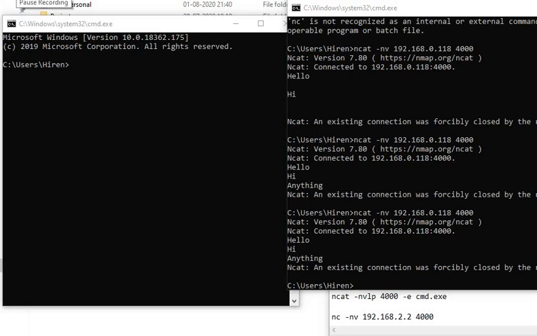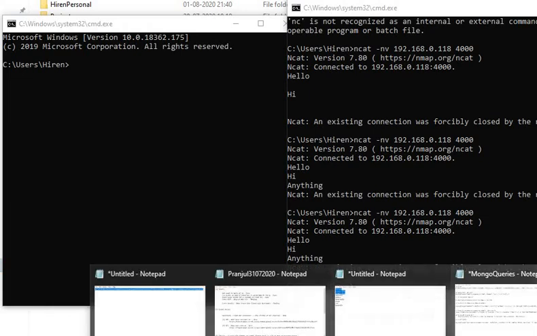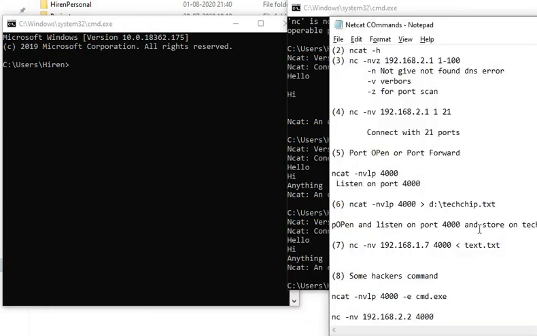Now the vulnerable thing about the netcat command is what attackers will do, so we will study that. I want to access a remote machine, so I will type a similar command.